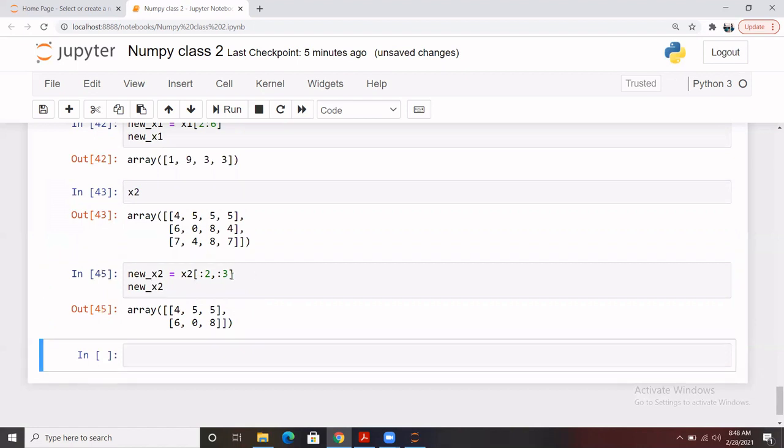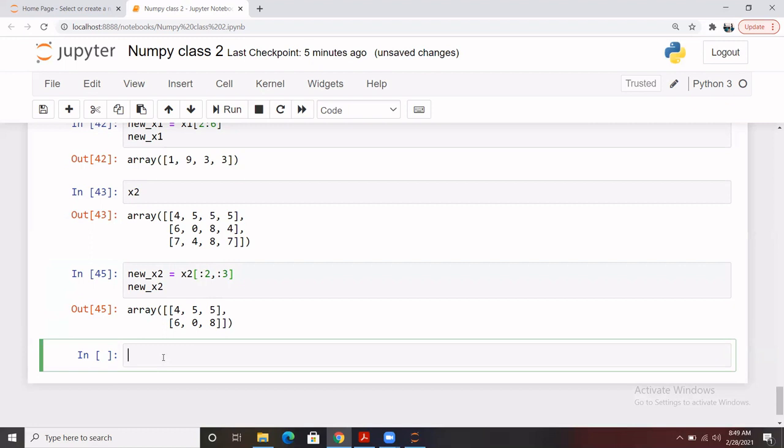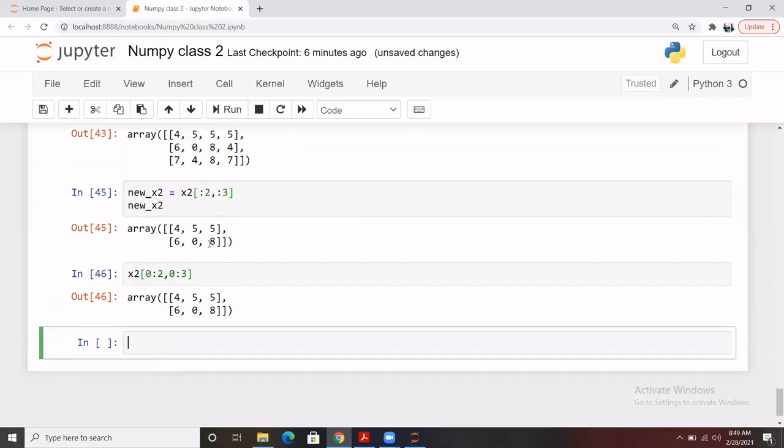For this indexing, you can mention the starting point as well. And in case you don't write anything, it will start from index 0. Let me show you some more examples for this. Let's say x2, and I can write 0 till 2. It's quite similar to the previous one. And for the columns I can write 0 till 3. Exactly the same output it will generate. And in case you want everything after 2,